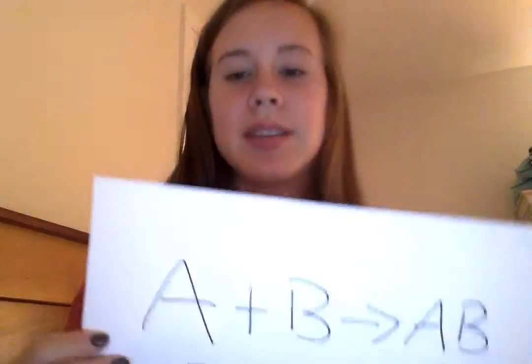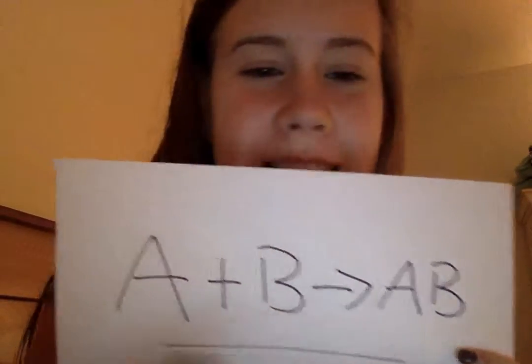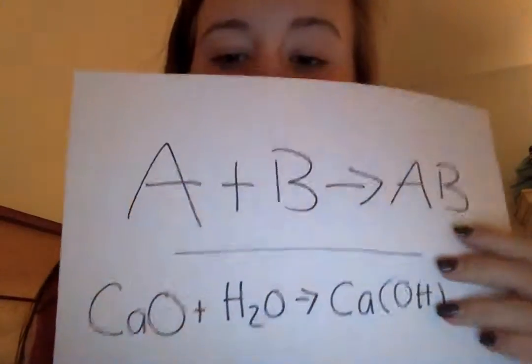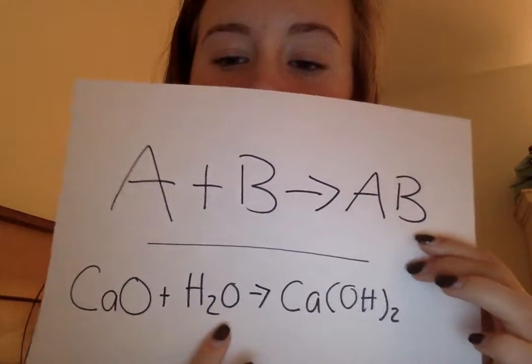And then there are multiple types of chemical reactions. So the first, and to me the most simple, is synthesis. I have a visual of this too. It's when one substance reacts with another to form a single product, basically. So we have A plus B reacts to form AB. And then a real life example of this would be calcium oxide, and it reacts with water, or H2O, to